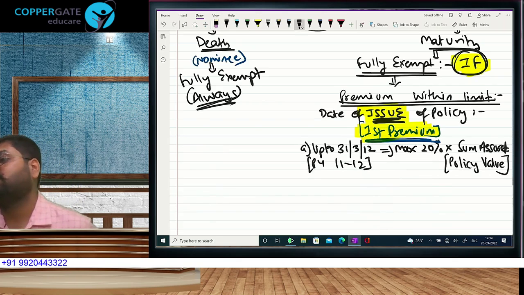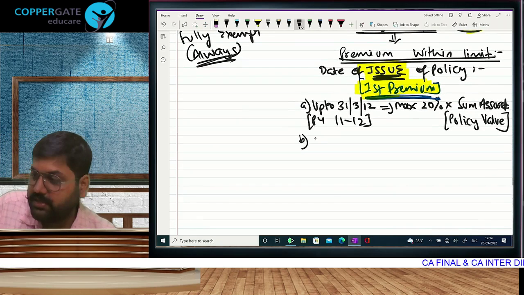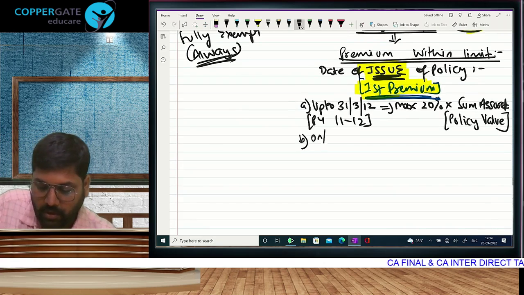20% of the sum assured. What is sum assured, you understood? And how to check the limit? Any policy issued on or after,